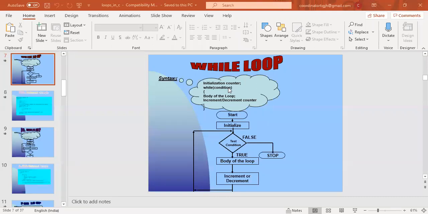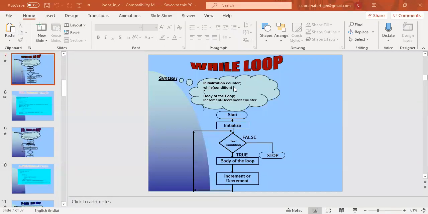As we discussed in the physical class, after writing while, we first write the condition according to our problem statement. So basically this is the syntax of while loop. After writing while, we write the condition, whatever the condition is, between the first brackets, open and close.